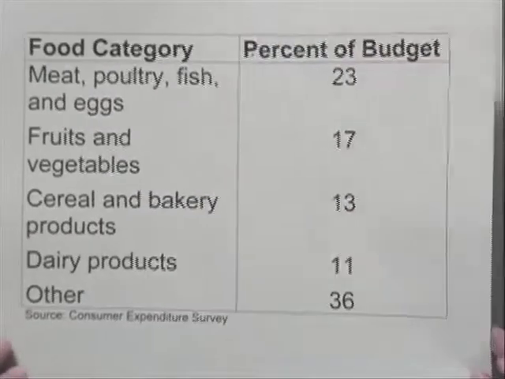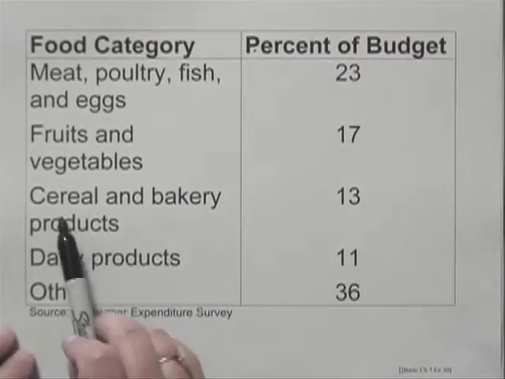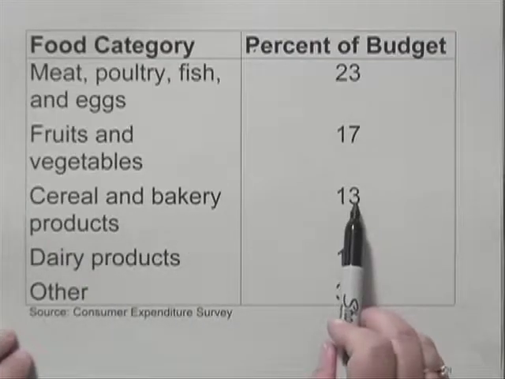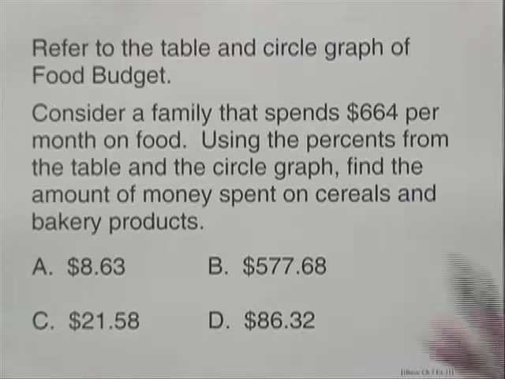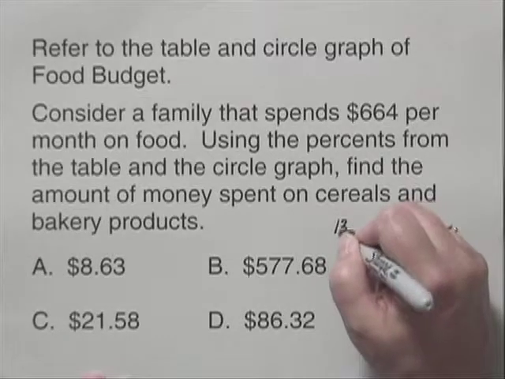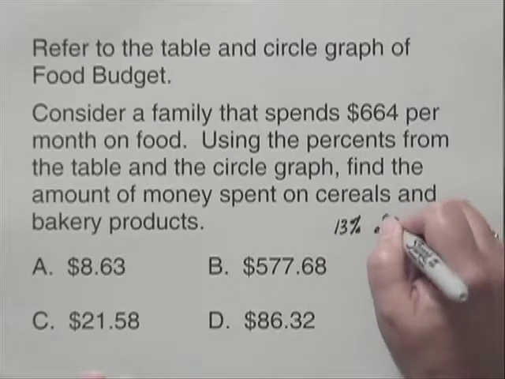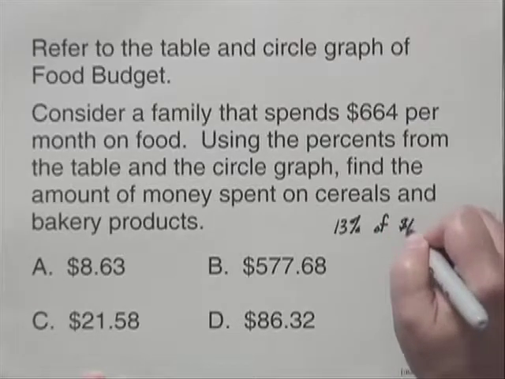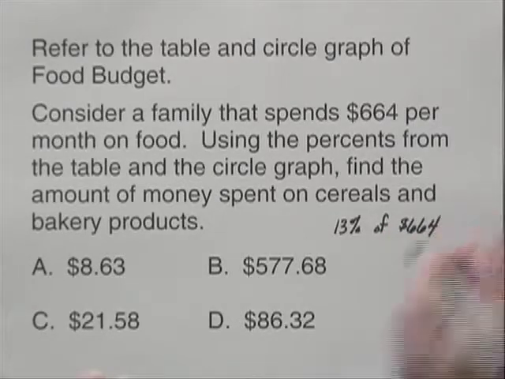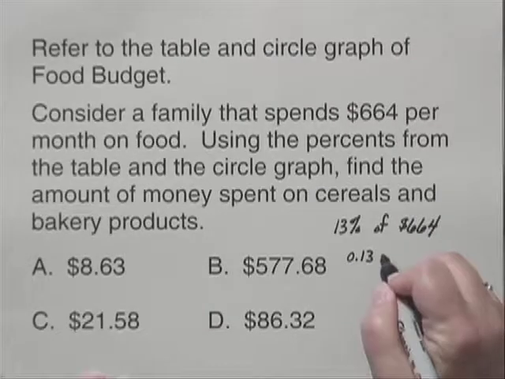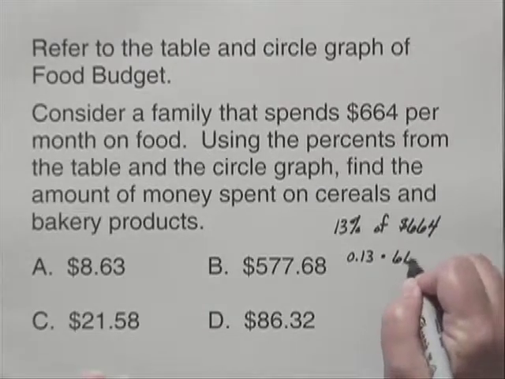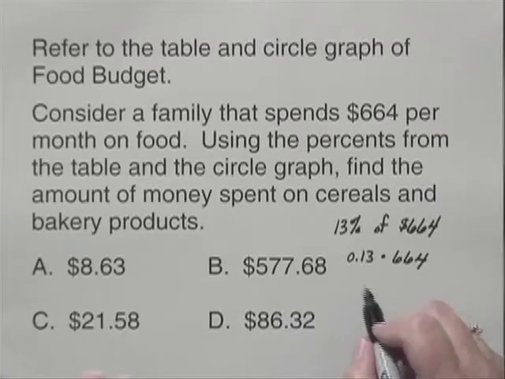cereals and bakery products. And if we look at this, we see that cereal and bakery products is 13% of the budget. So what we need to find then is 13% of $664, which is 0.13 times 664, which is